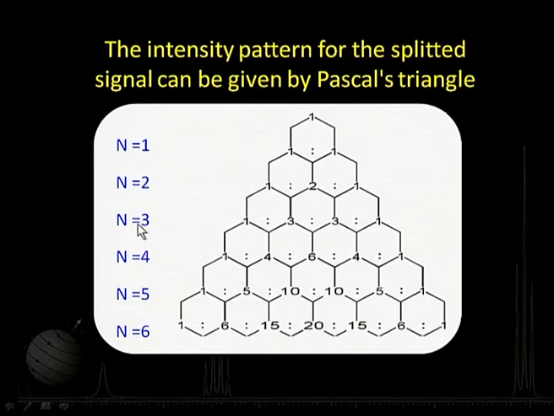Now we can make use of it. Suppose there are 3 protons. You just come over here, and the intensity pattern will be 1:3:3:1. If there are, suppose, 5 protons, the intensity pattern will be 1:5:10:10:5:1. You can do that. It is just a shortcut or a simpler way of working out the intensity pattern. Otherwise, you can continue doing it the same way as we did earlier. You talk about all possible neighbors, try to find different combinations and see what kind of intensity patterns come. Basically, these are the coefficients of the binomial expansion.